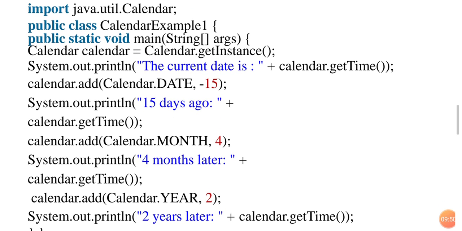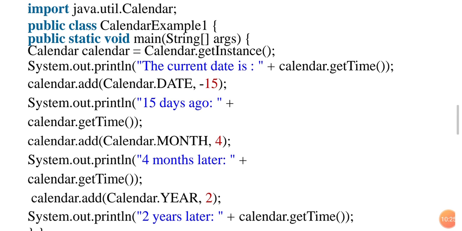Java Calendar class example. First statement, as it is, we are importing the util package. Import java.util.Calendar. Public class CalendarExample is our example name. Writing the code within the main function, so that's why we specified the main function. After that, creating the object, that is a small letter calendar. With the capital letter starting, Calendar is the class name. Calendar.getInstance means it gives the current date information.